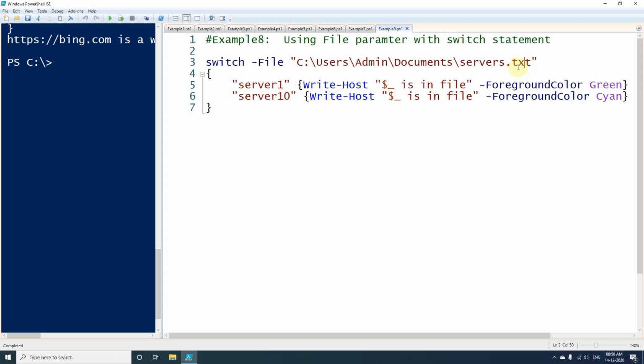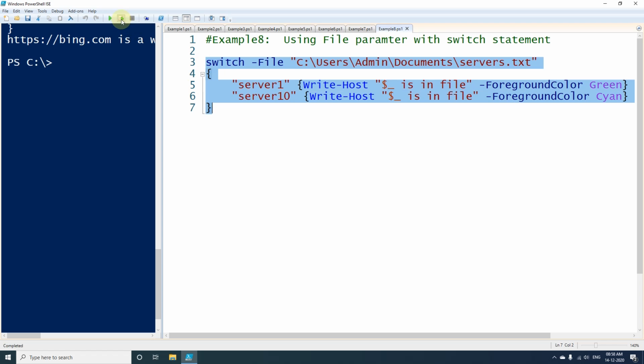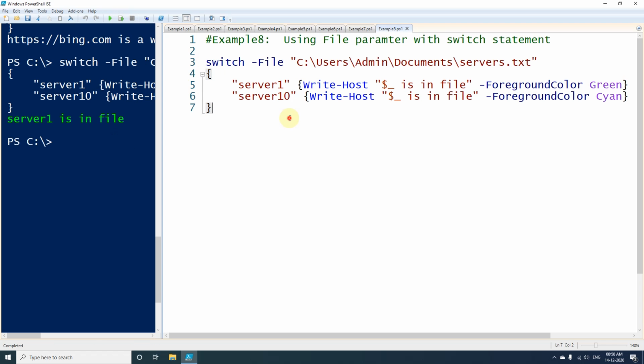Now we are trying to match two things here: first is server 1 and server 10. Whichever line is present in the servers.txt file, the respective line will be executed and we will get output. So if I execute this one, you can see that, since this is present